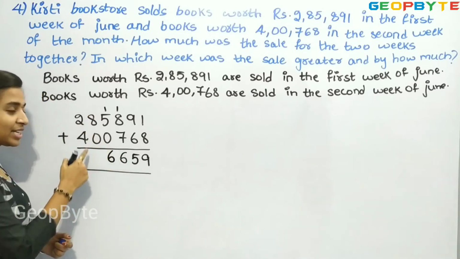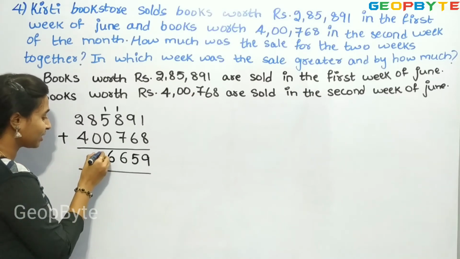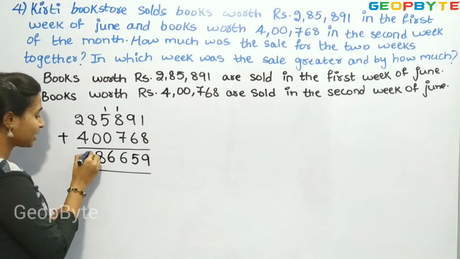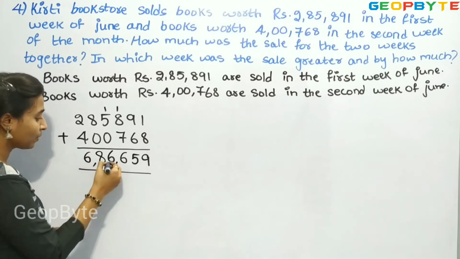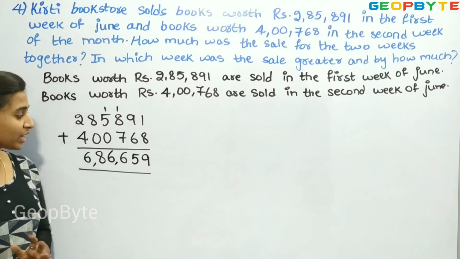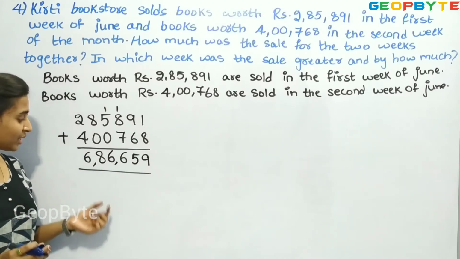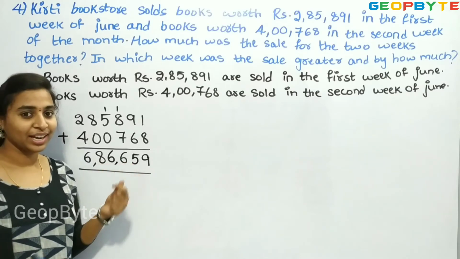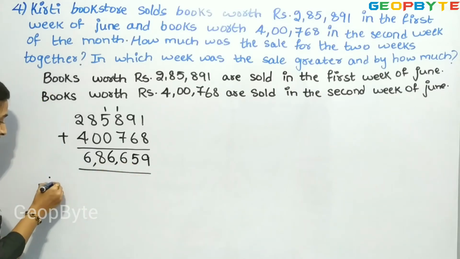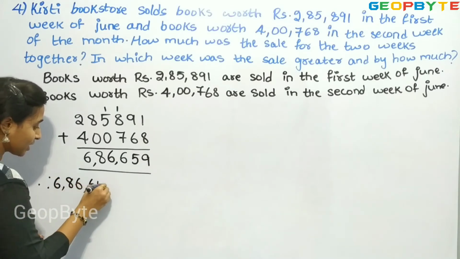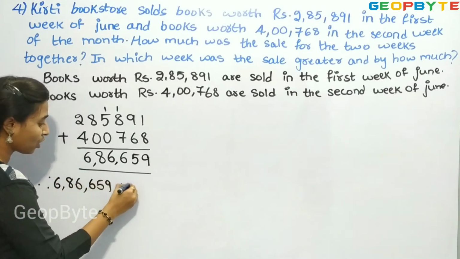And 8 plus 0 is 8. 2 plus 4 is nothing but 6. So, the total sale for the 2 weeks was worth 6,86,659. Let us write 6,86,659 was